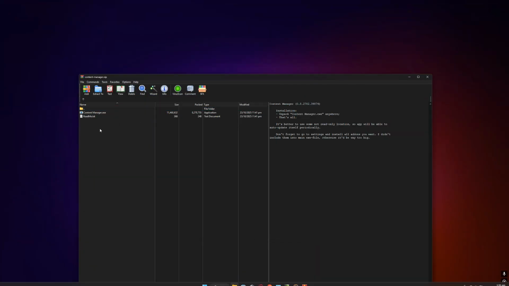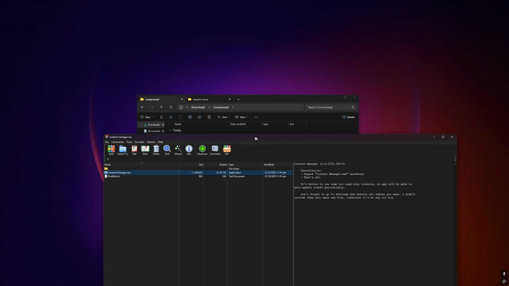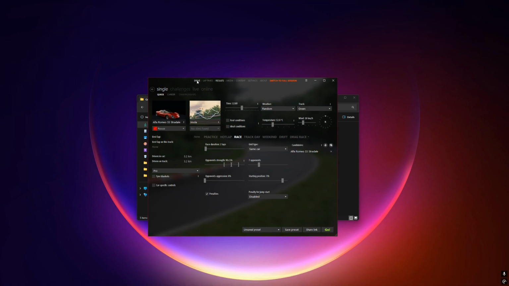Once the download finishes, open the zip archive and extract the Content Manager executable file to your desktop or any preferred folder on your PC. Launch Content Manager. The launcher usually auto-detects your Assetto Corsa folder, but if it prompts you, select your Steam installation